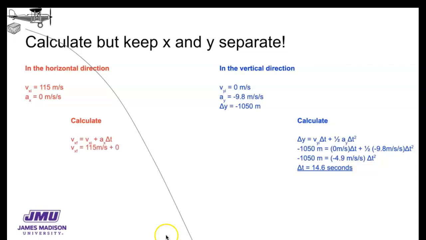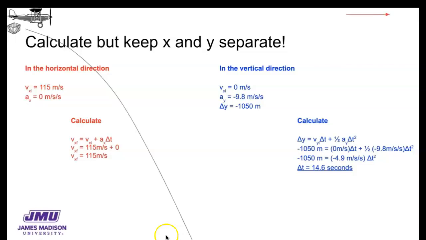So that equation, x final equals x initial plus a delta t, is just a rearrangement of the definition of acceleration, delta v over delta t. The final velocity in the x direction is the same as the initial velocity in the x direction because it experienced no delta v, because nothing happened to it in the horizontal direction. So that's pretty